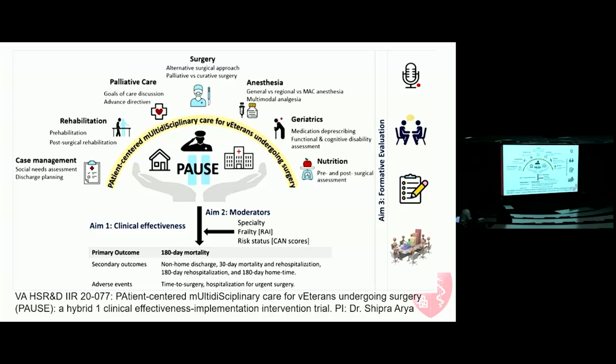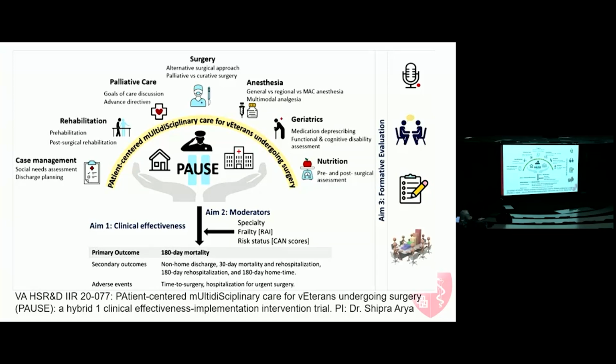This is the conceptual design of the trial. After patients are screened frail, they're referred to a multidisciplinary board that has representatives from surgery, anesthesia, geriatrics, palliative care, nutrition, rehab, and case management. The idea being that if you bring experts together around the patient, you could optimize them and improve their outcomes. So aim 1 is the clinical effectiveness, as we talked about, with the primary outcome of 6-month mortality,